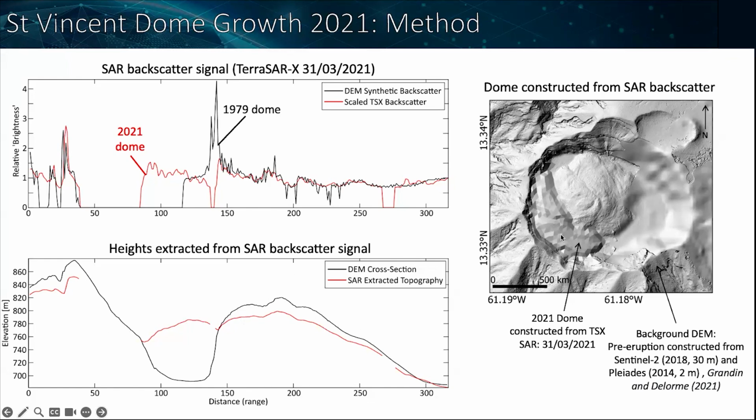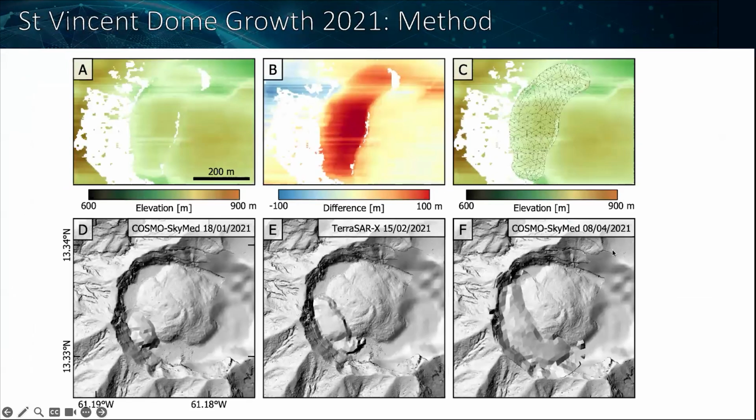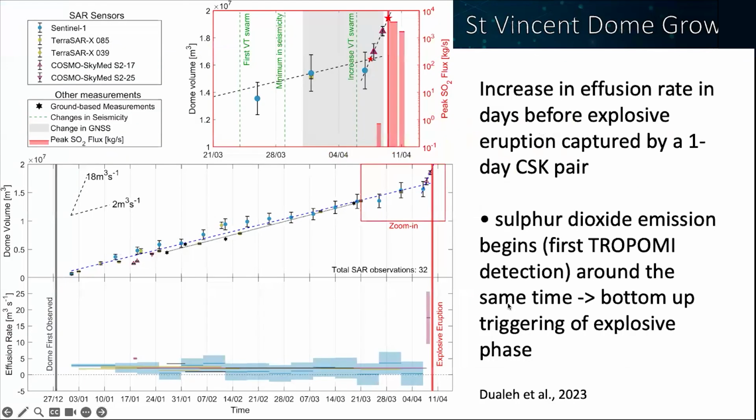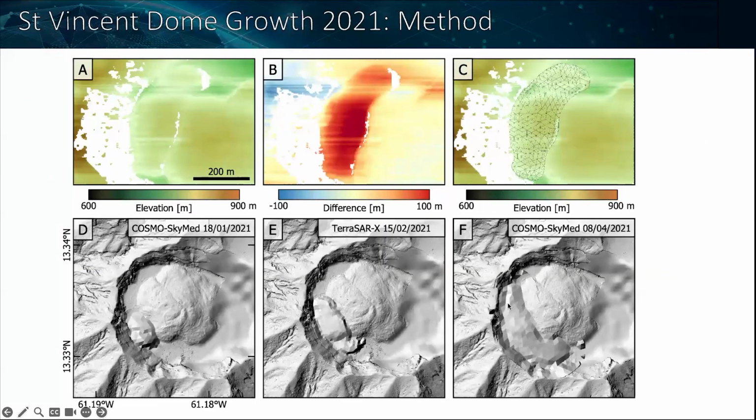And this is the interpolated dome from the triangular mesh. And these are her results at different time steps. So right at the beginning, halfway through the eruption, and shortly before the transition to an explosive event. And what's really cool about this